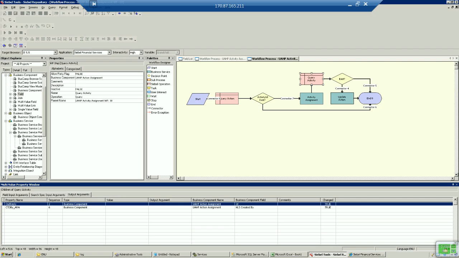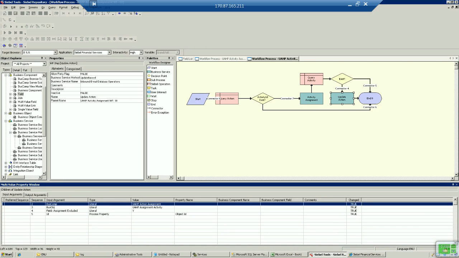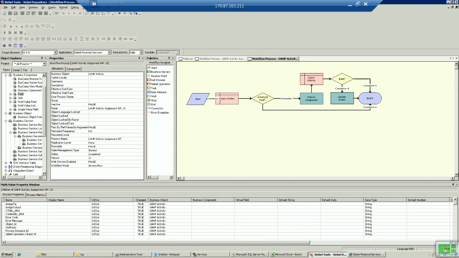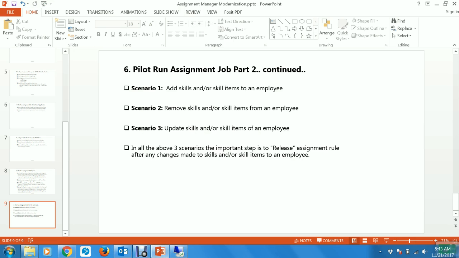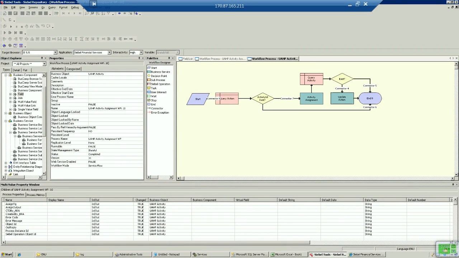So this is the setup of the workflow, and now I'll show you the three scenarios. Scenario 1, add skill items to an employee. Scenario 2, remove skill items from an employee. Scenario 3, update skill items of an employee. So I have set up, I tested it yesterday with a focus audit